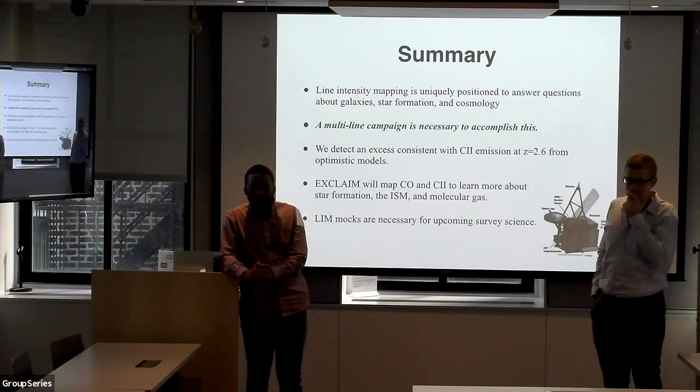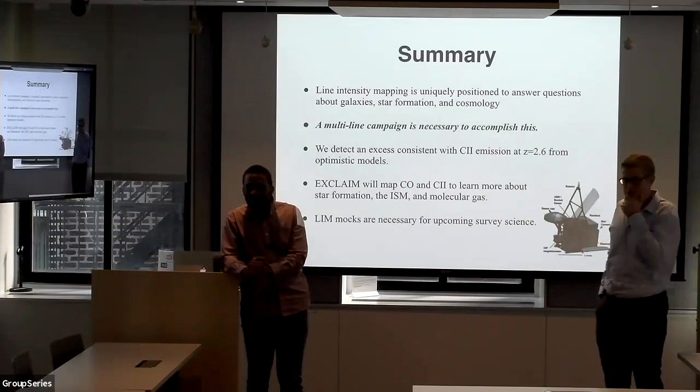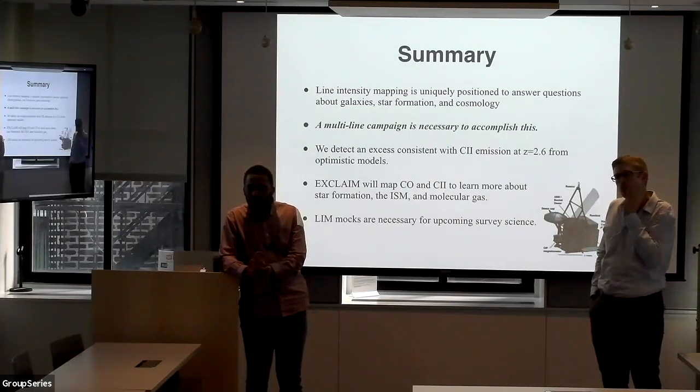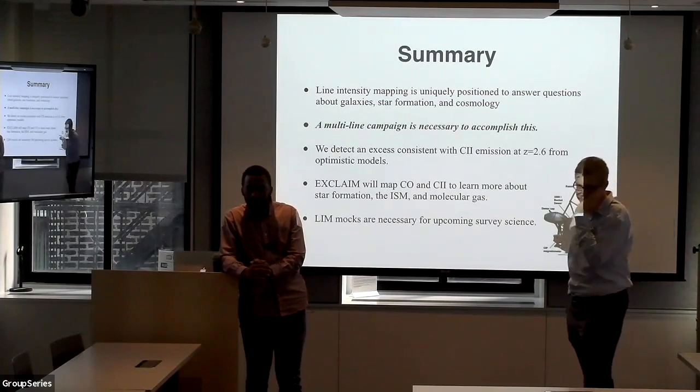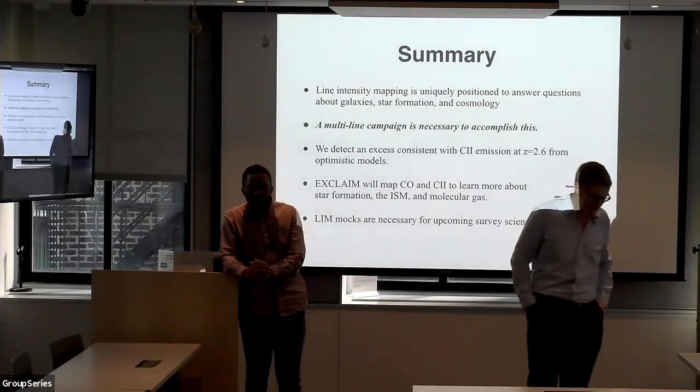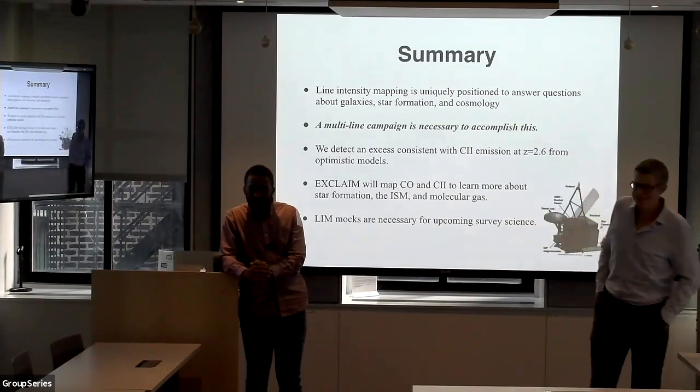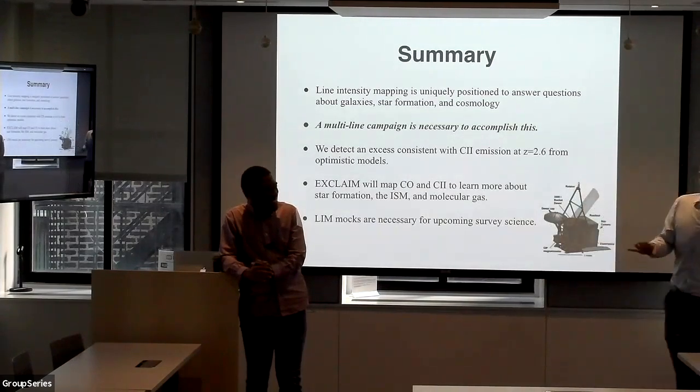Mordecai, do you have a comment on this? Yeah, I was just going to follow up and note that the so-called X factor, the CO to H2 ratio, is only constant across Milky Way-like galaxies. Once you go to lower metallicity galaxies, it can vary dramatically. And even in the Milky Way, it's not really constant.